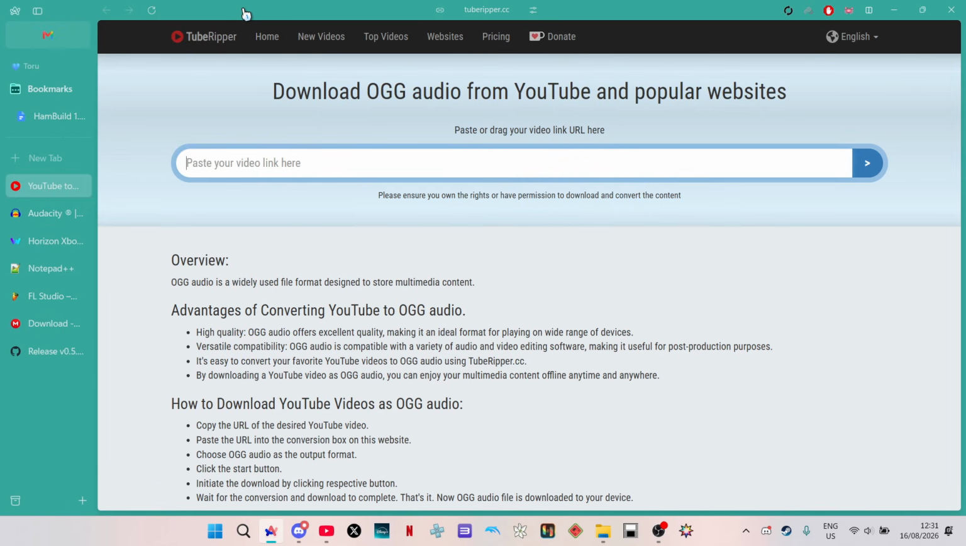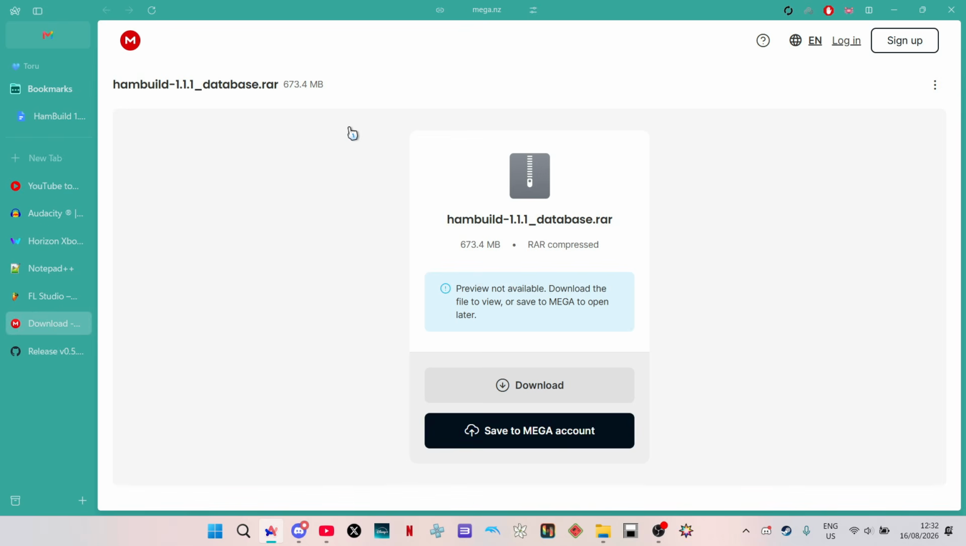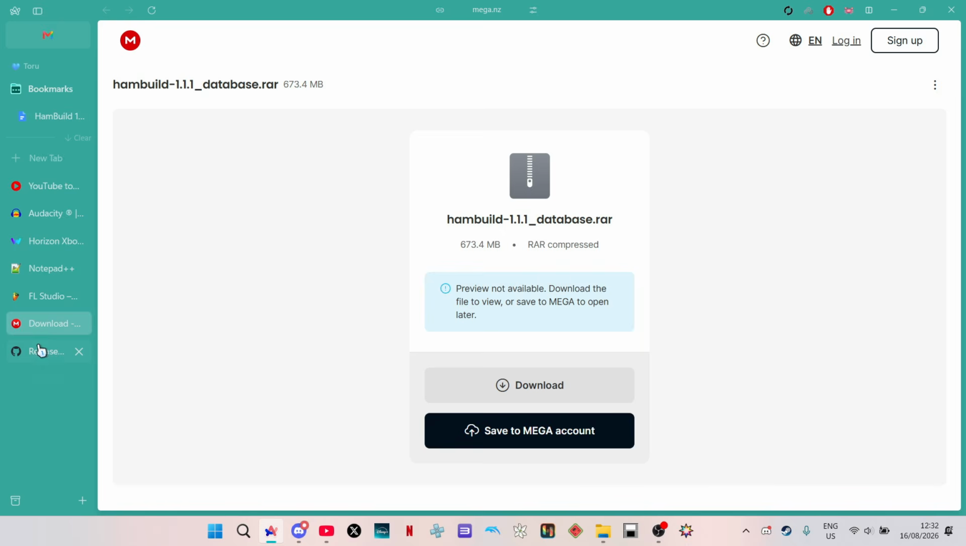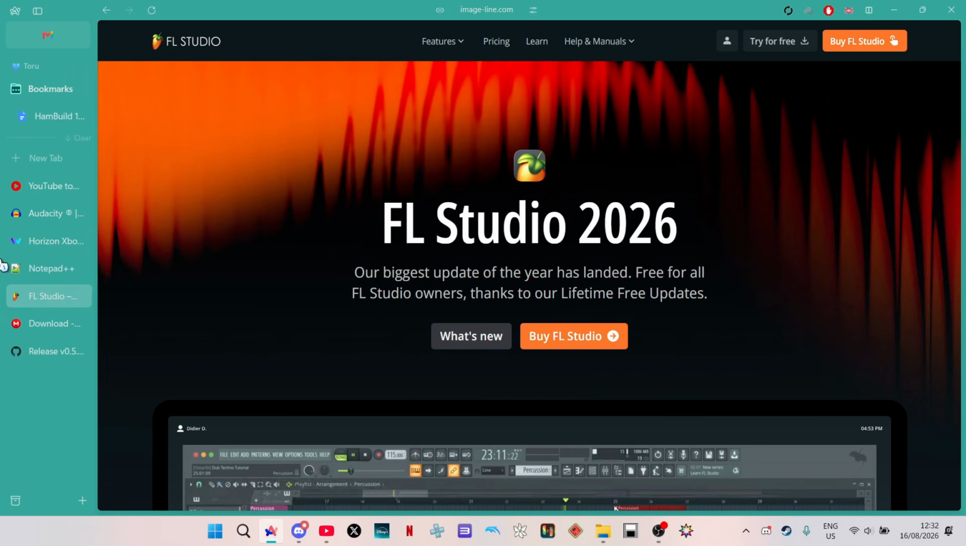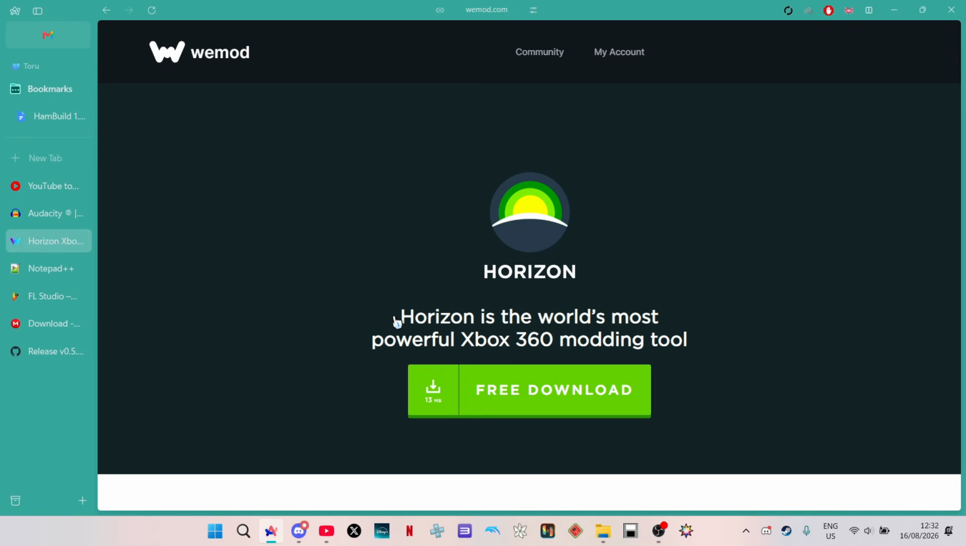We're gonna be using two custom makers in tandem, Boomy and Handbuild. Did I open the wrong link? No, I didn't. Okay, sorry. So, you're going to need Handbuild and Boomy in tandem. You're also going to need FL Studio, Notepad++, this is for Handbuild, Horizon, this is to transfer your custom files